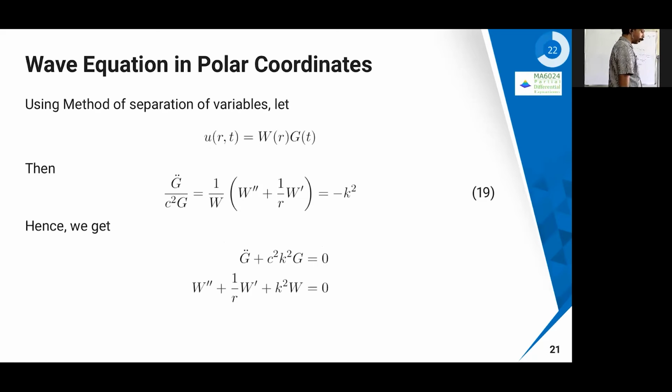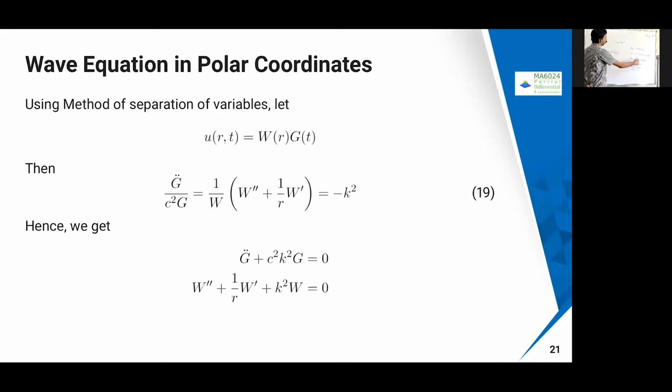Once again, we are going to use the same kind of logic. In almost all these cases we are going to use this: u(r,t) = w(r) g(t). Use the same kind of logic. Differentiate that with respect to r, differentiate that with respect to t. Then you will get an equation. After separation of variables, you will get something like g''/g equal to, once again, you apply the same.